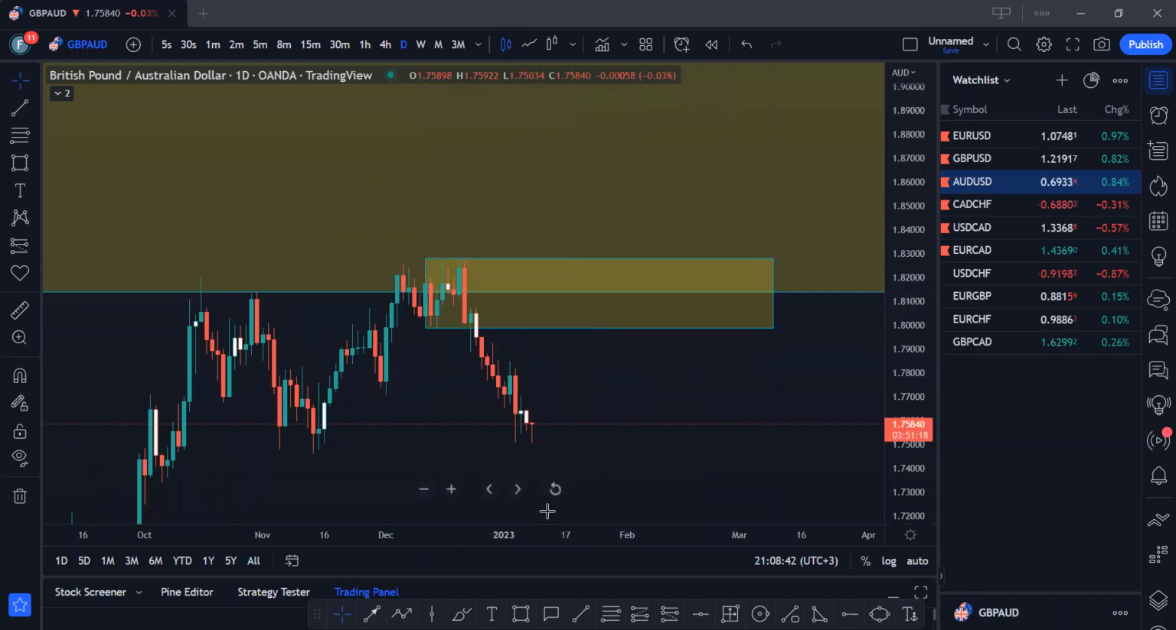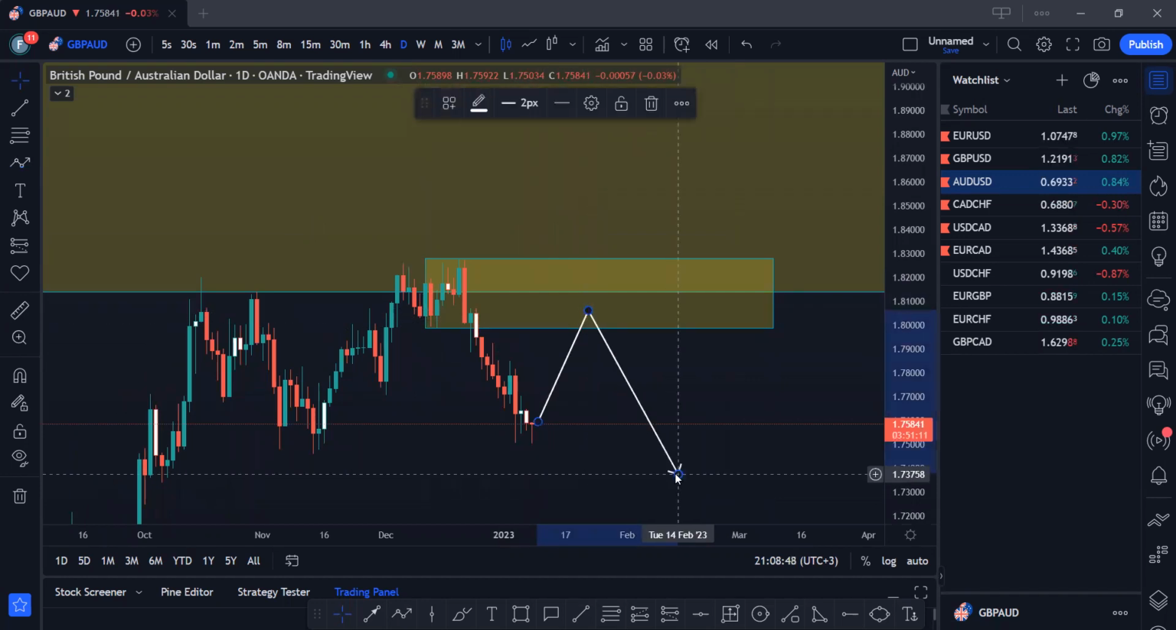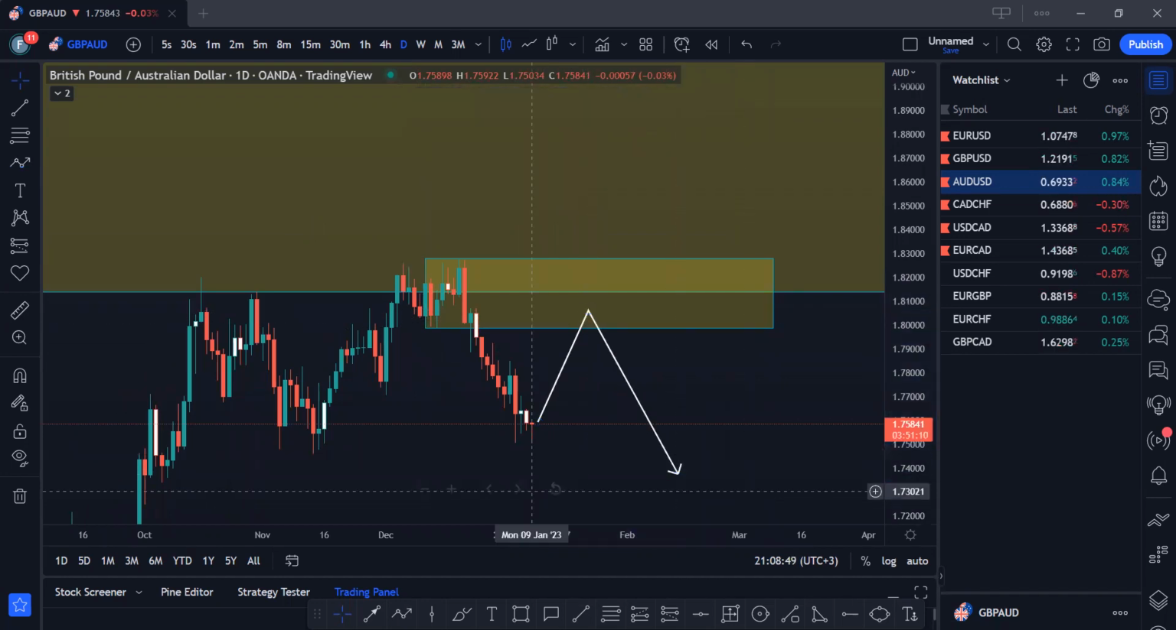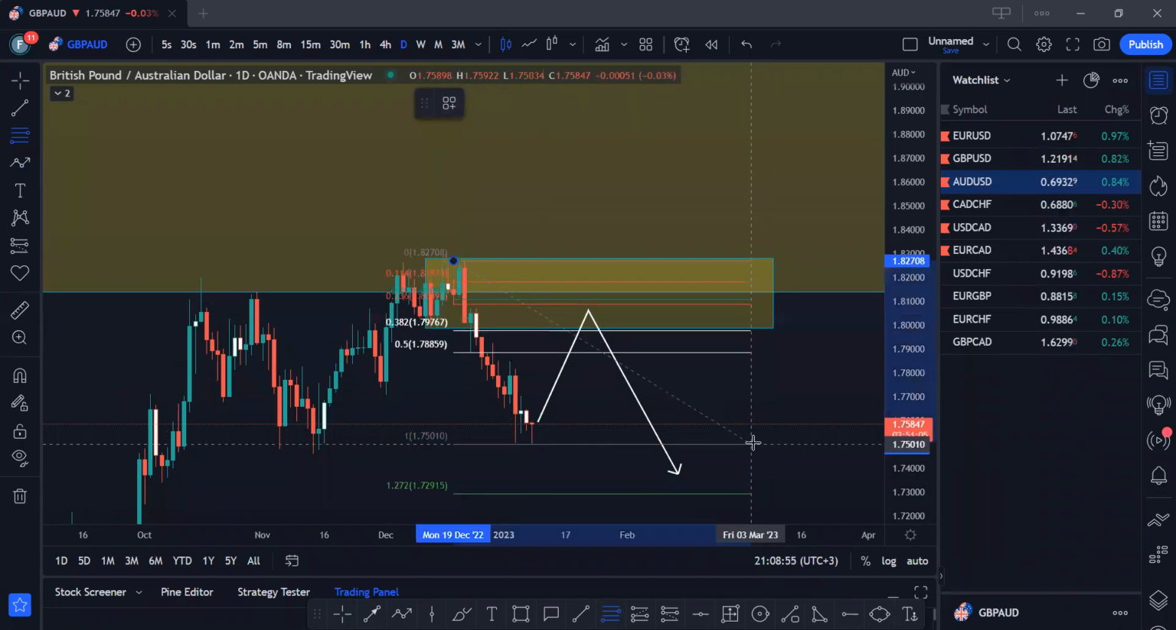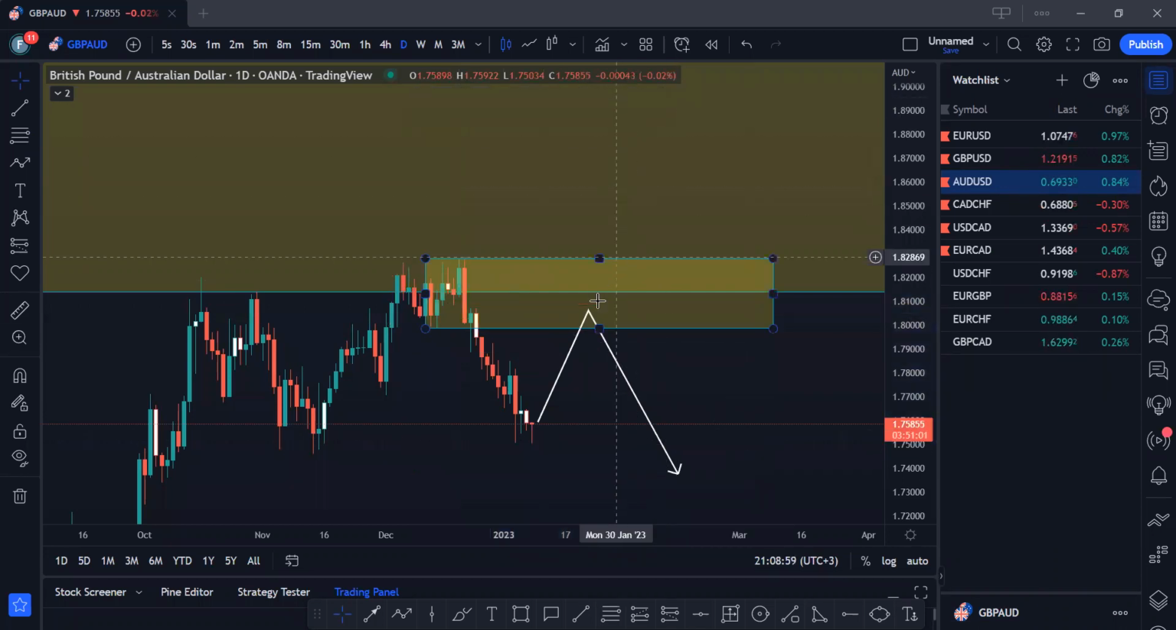If price should do this, retrace over here, we look for sells. That also coincides with a Fibonacci value that is a premium. So this is a long-term trade. If you are waiting for price to retrace here, now on the flip side, we can also see